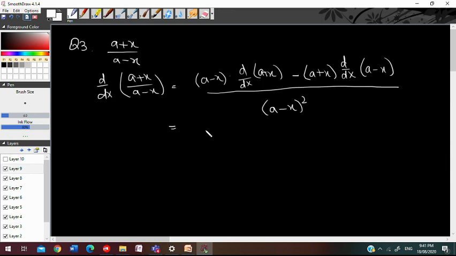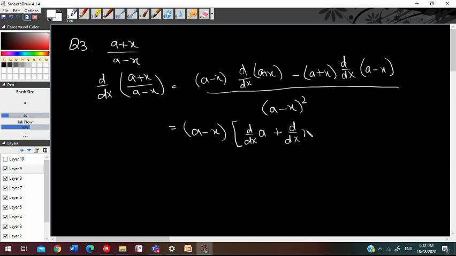Now (a - x) will remain the same, and when you apply the derivative on this function, here we have two terms inside the bracket, so you can apply this derivative separately on both terms, plus d by dx